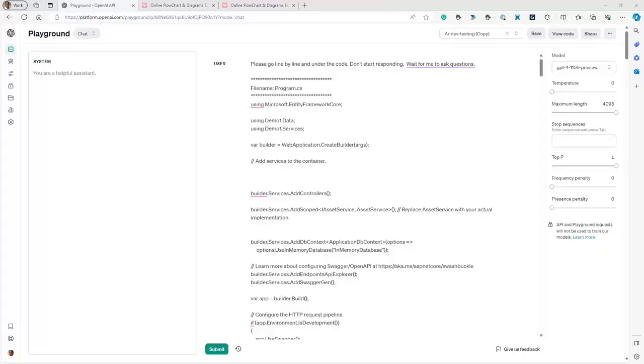Now that we have a version of our asset controller working, what if somebody came to us and gave us a new requirement? It turns out that these assets are getting added to our inventory at a very rapid clip, and we want to be able to send out messages whenever a new asset gets added. We don't have a provision for that in our current code base. How can we use a coding assistant to help us extend our application to include a messaging or an eventing capability?